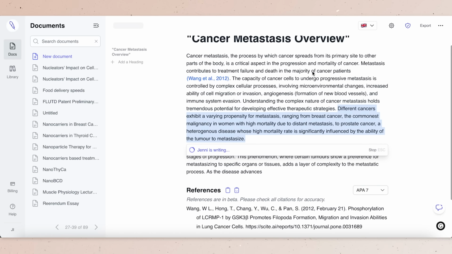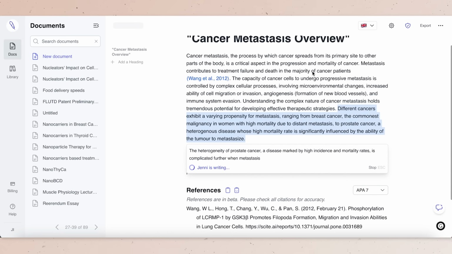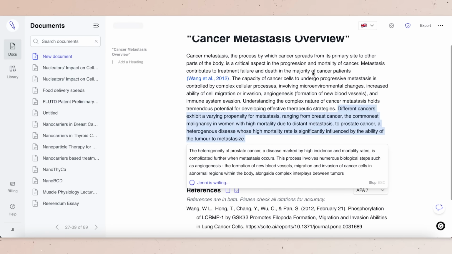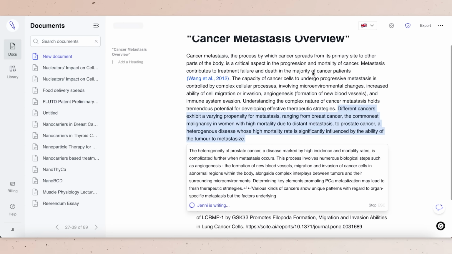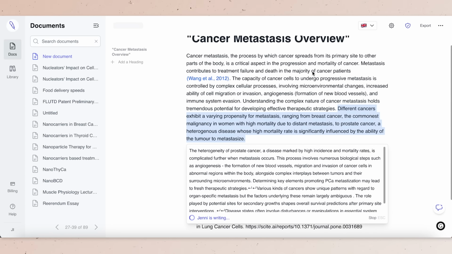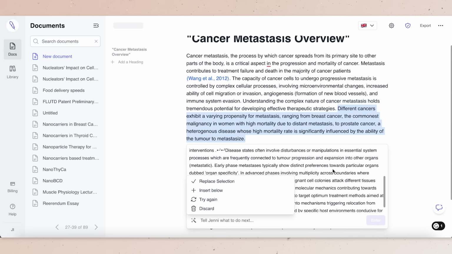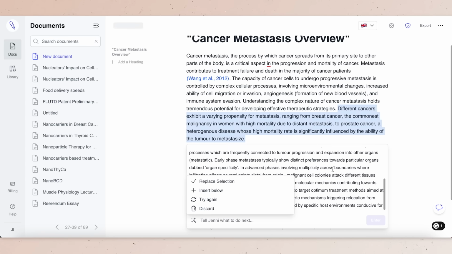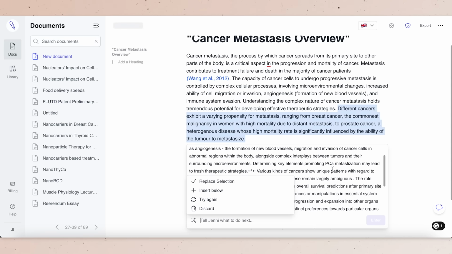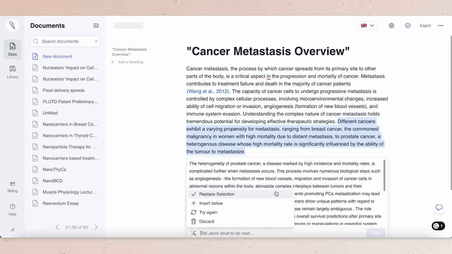And you can see that it's thinking, it's writing, and it's gaining this information from research papers. So it's true, reliable information that you can also add references for afterwards. Here you can see that it really has expanded it quite a lot, so it's matching the academic tone. You can make it shorter or longer if you want, and then simply replace this section. So the idea, the content is exactly the same, but it's not copied and pasted.